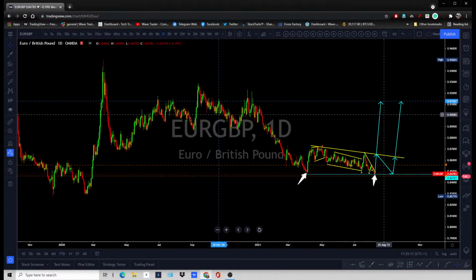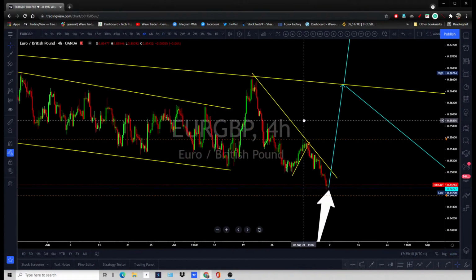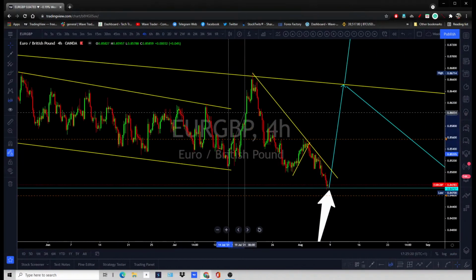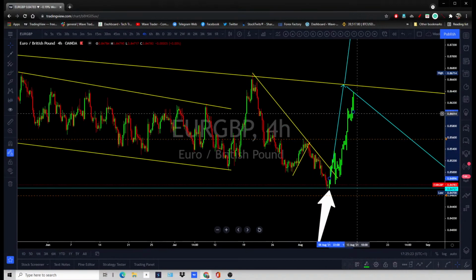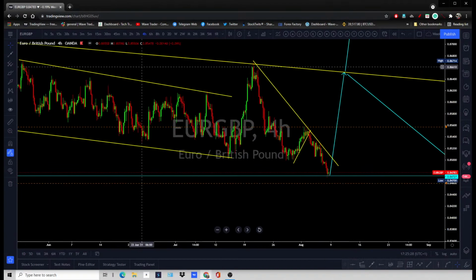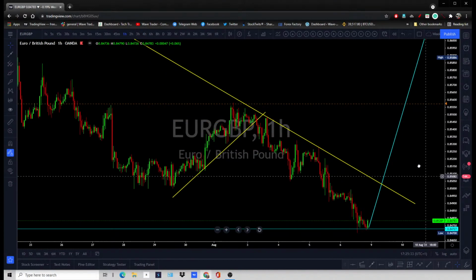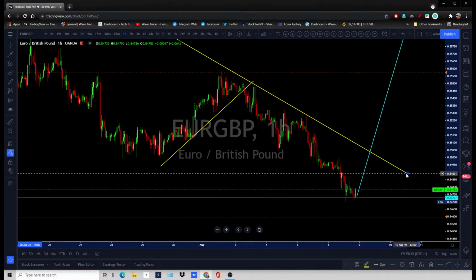The first move you are looking for is something like that kind of move in euro pound, going all the way back to that top, 86.40. Right now, as we can see, the euro is dropping, not just on this pair but across the market. Once you see the pound drop, hopefully we'll see weakness on the pound over the next two weeks, and a sideways market on the euro or strength on the euro from the bottom.